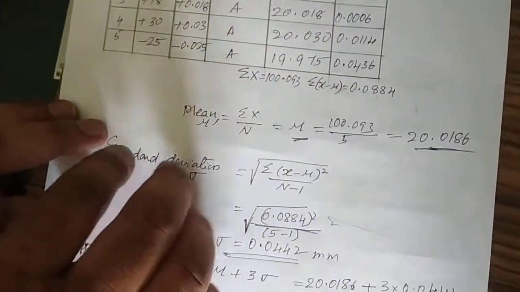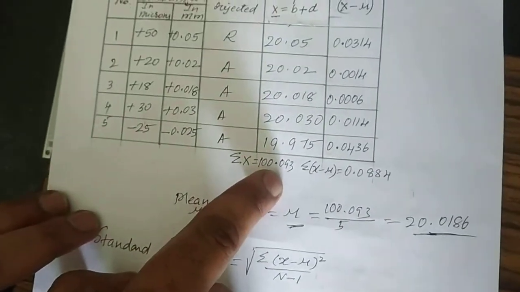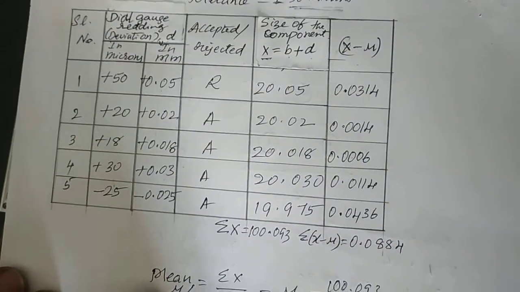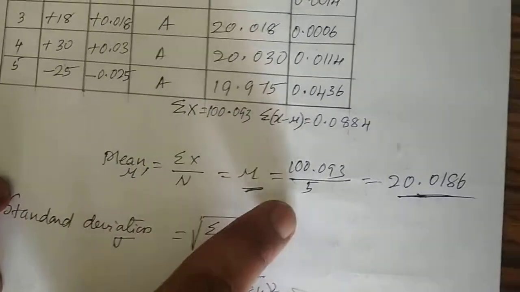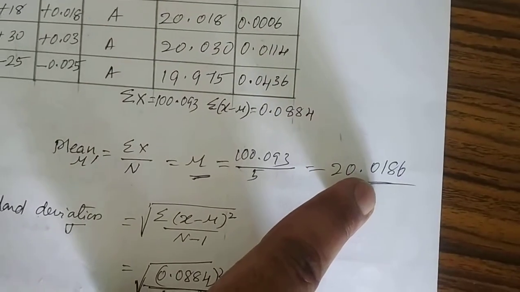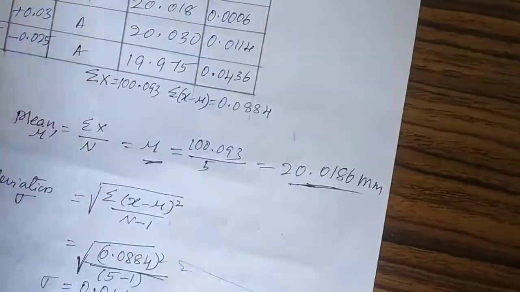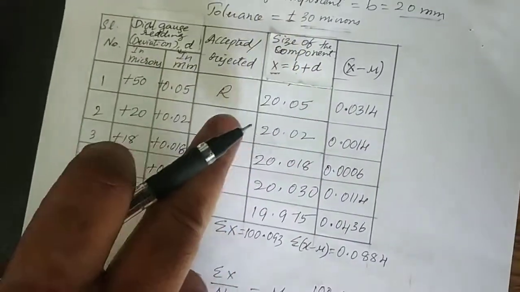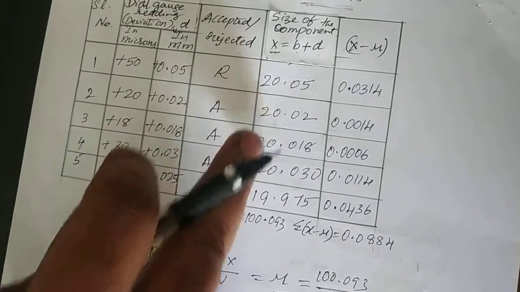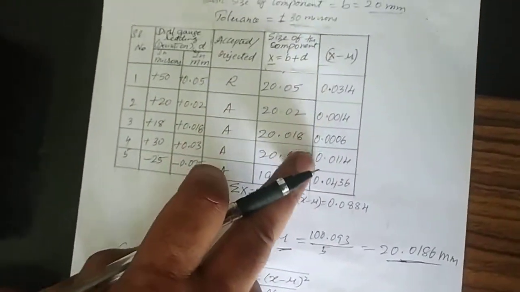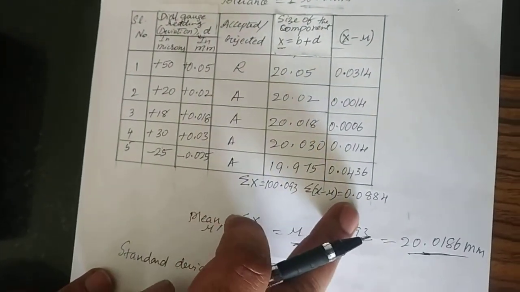After the calculation we have got sigma x, the total of all these, as 100.093, and the mean mu, this divided by the number of components, is 20.0186 mm. Now x minus mu, for each value of x, the difference with this mean, we have got these values, and the summation of all these, sigma x minus mu, is